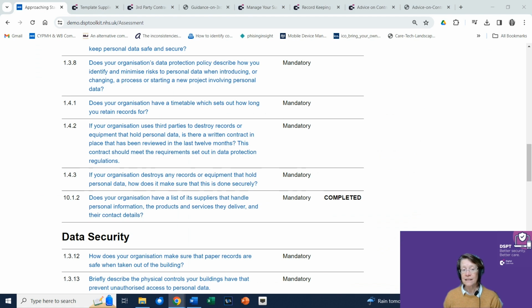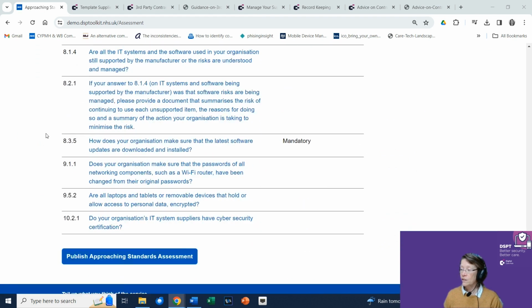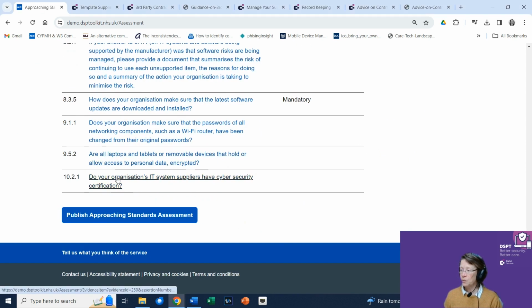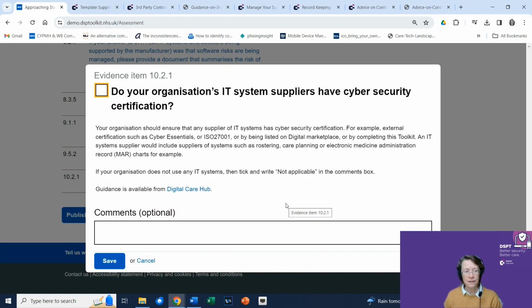And for your IT system suppliers, you need to do more. You should undertake basic due diligence by checking that they have good cybersecurity arrangements in place. And question 10.2.1 asks about this. Now, you can do your due diligence on your IT system suppliers by asking that they